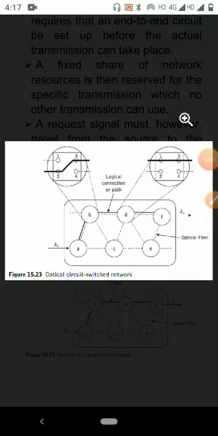A disadvantage of optical circuit switching is that it cannot efficiently handle burst traffic. In such traffic conditions, the data is sent in optical bursts of different lengths, and therefore the resources cannot be readily assigned. For example, an active user needs a large bandwidth when sending a burst, as compared with relatively little bandwidth for a non-active user. Thank you.